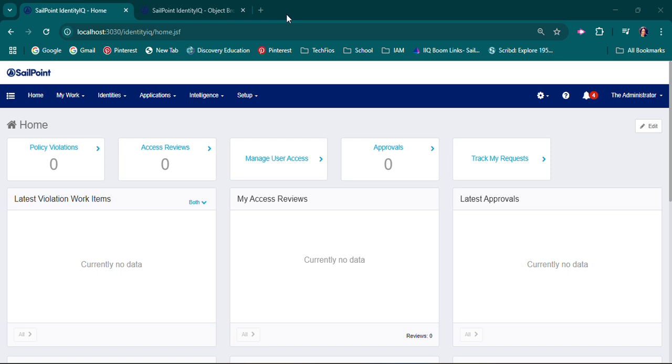So task number 4 asks us to explain the settings where we configure the email settings, and this is where the configuration resides. And they want us to explain where the emails are triggered from SailPoint. So there are actually several different places where IIQ sends notifications to an end user or an admin, and we